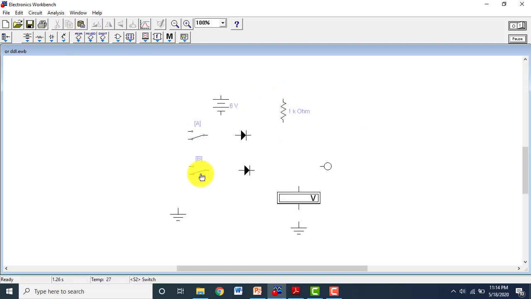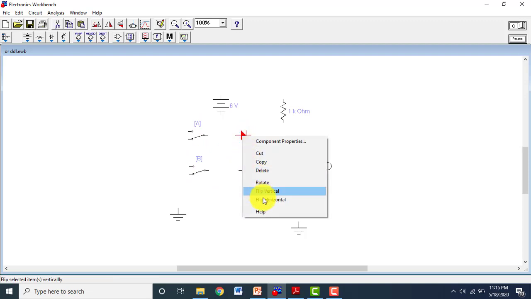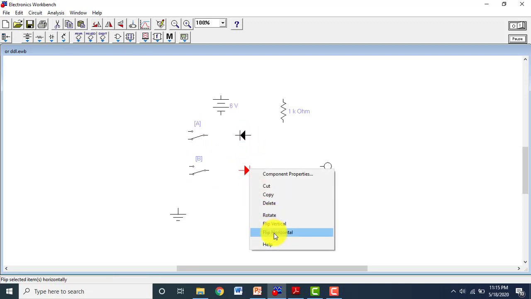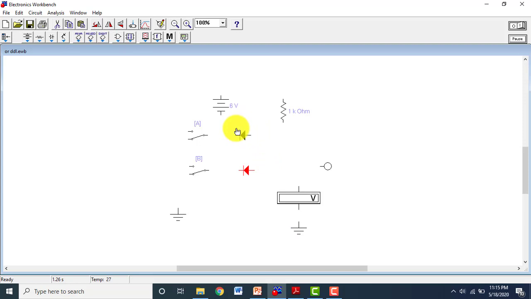Okay, after flipping the switches, we should also flip the diode, because in this case we have to attach the diode in such a way that the positive terminal, P terminal, should be on the output side.